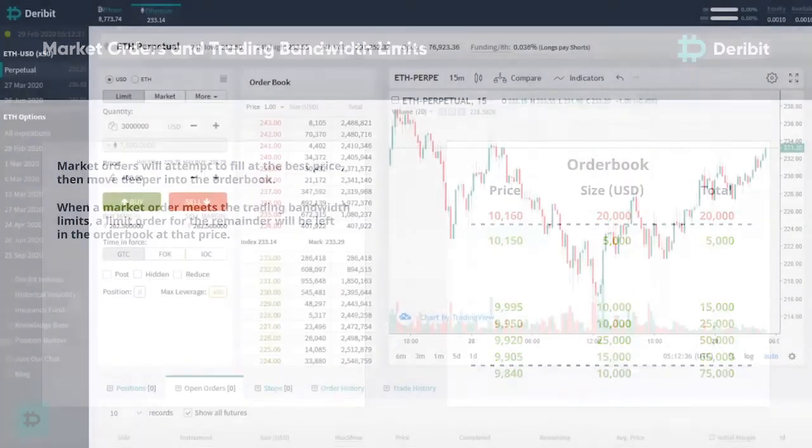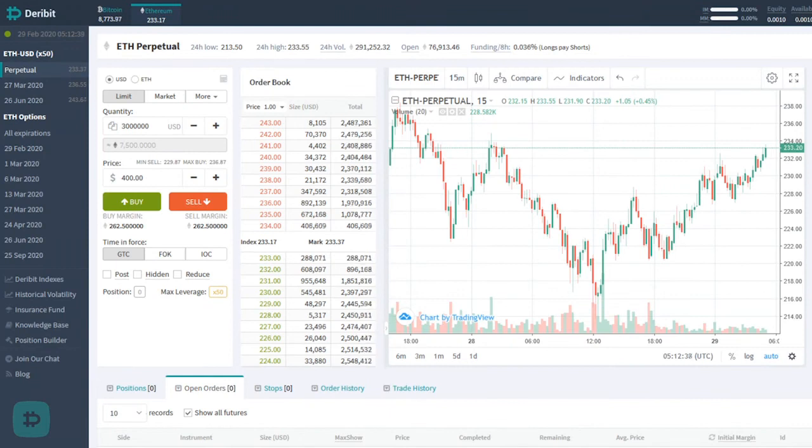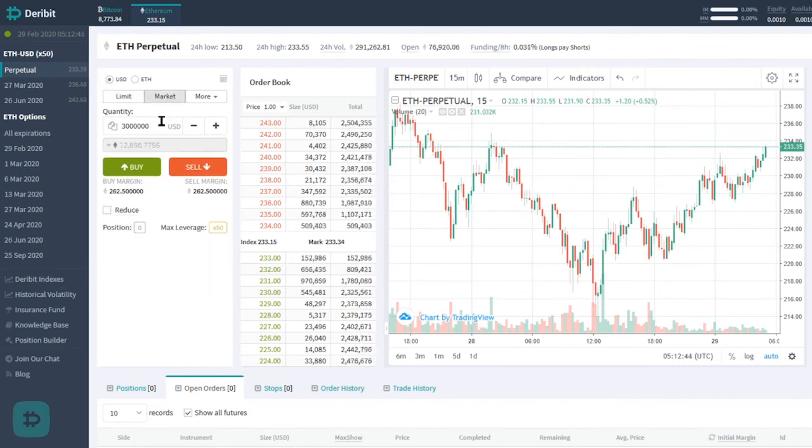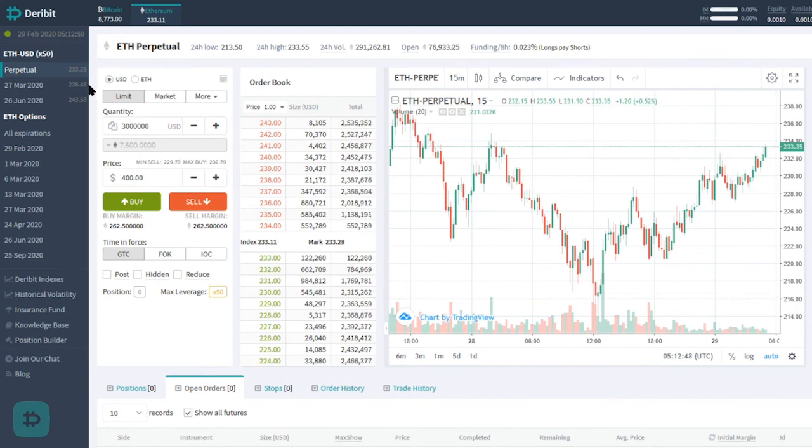Let's go through an example. Imagine with our earlier Ethereum perpetual example, you tried to place the following market order for $3 million. Now remember, the bandwidth limits at the time were $229 and $236. As you can see from the order book, a $3 million market buy would take the price well above the upper bandwidth limit of